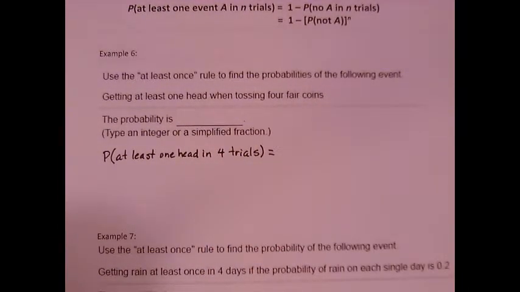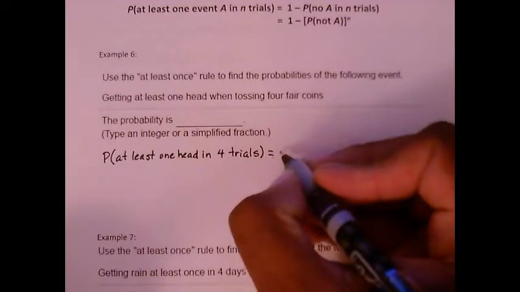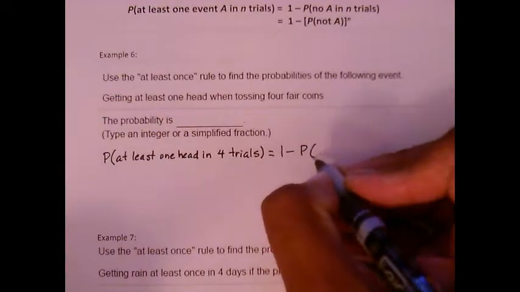Okay, so in this case here, now keep in mind, at least and no are complements of each other. They're opposites of each other, as we talked about in the last video, section 7a. So I have to do 1 minus the probability of